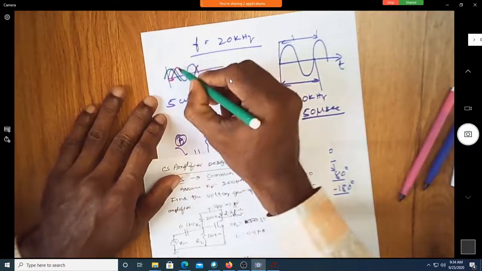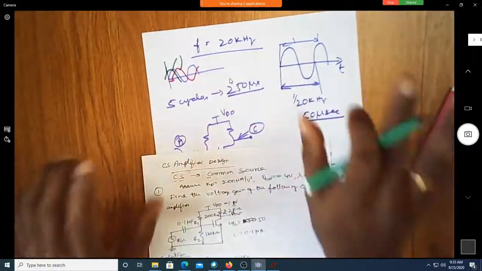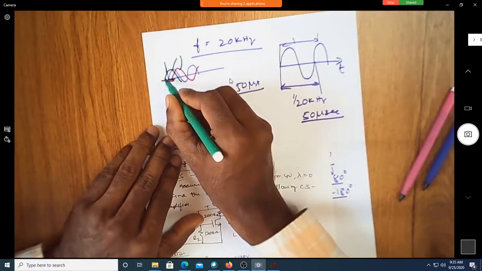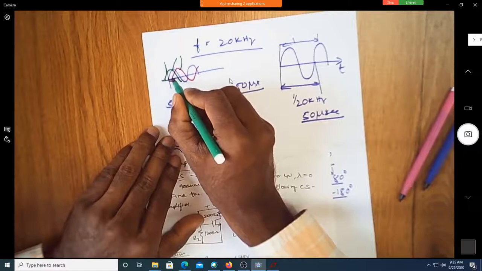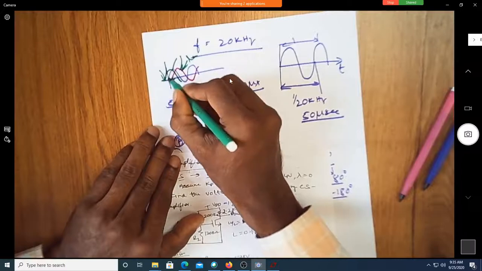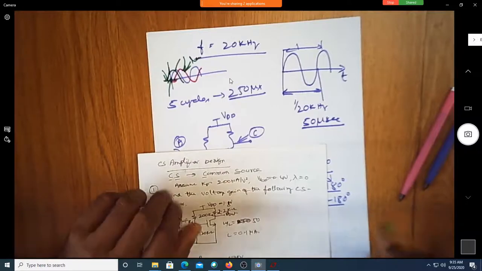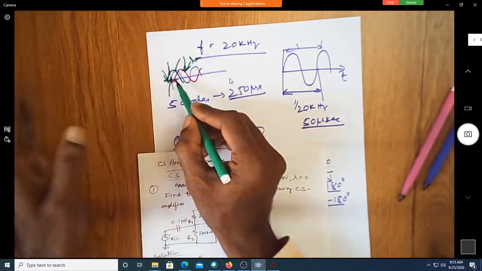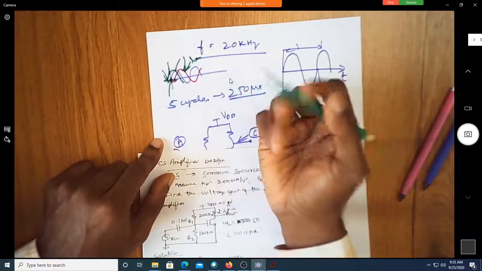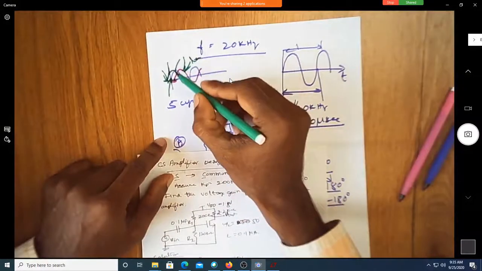Can you see there are three waveforms, blue, green and the red one. All the waveforms have the same frequency but they are shifted in phase. This zero is starting early whereas this zero is starting late. So I'll call this lag, and this I'll call lead, compared to the blue one. Am I correct? Yes, sir. Can you see the green one is coming earlier than the blue one? Yes, sir. Can you see the red one is coming later than the blue one? We call it a phase shift.